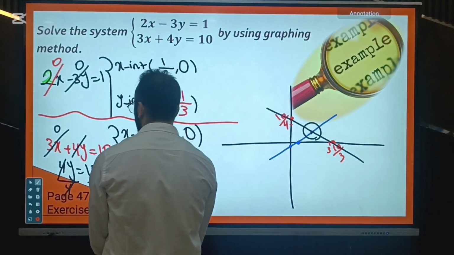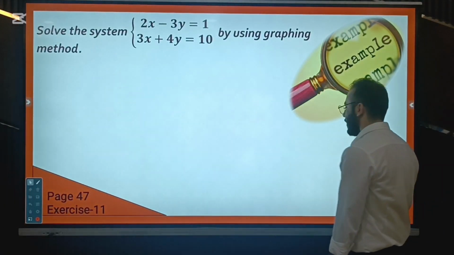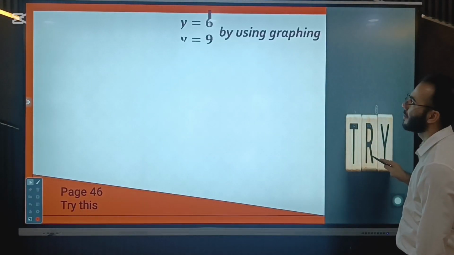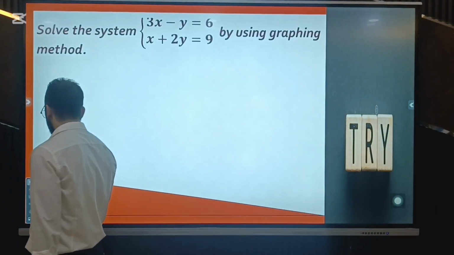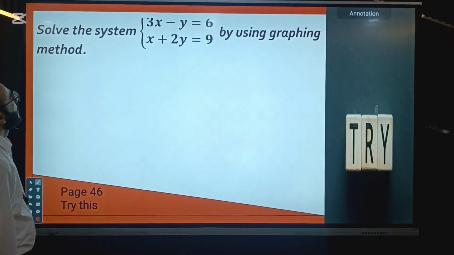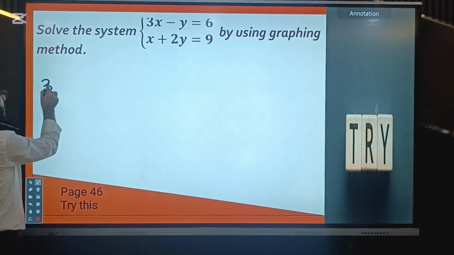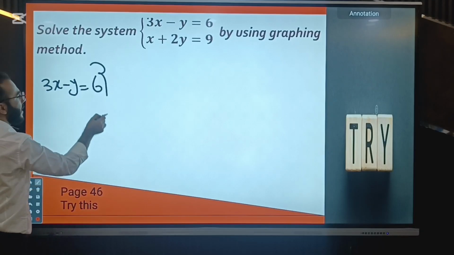Perfect. Let's go to see whether we have got any other question or not. Yes, we have got one more question. Let's just solve this one, and I guess that is going to be the end of chapter 1. Solve the system by using graphing method. So we have got 3x minus y equals to 6. So find the x-intercept